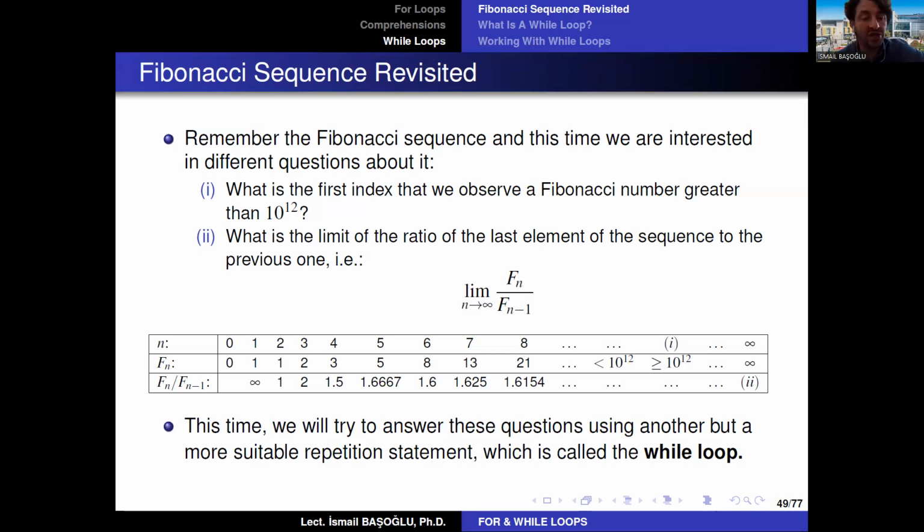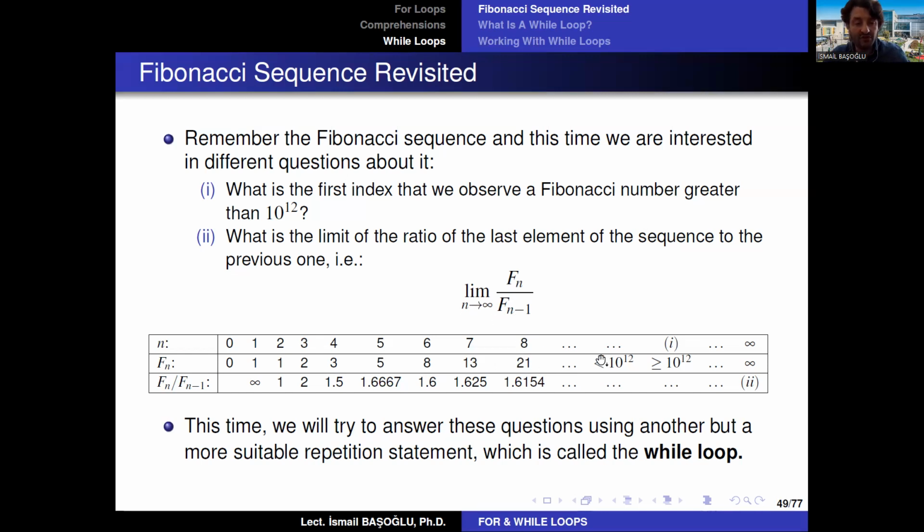I am interested in this. If I continue the Fibonacci sequence for so long, what would be the ratio between the last element and the previous element? So that is the ratio of the last element to the previous element as the Fibonacci sequence goes to infinity,